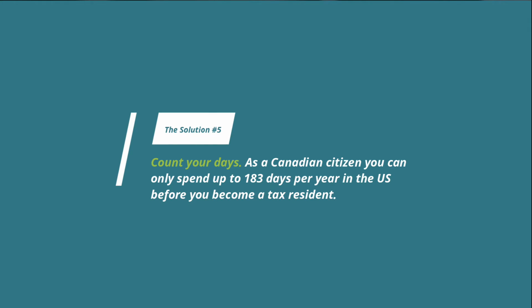Now, as a Canadian citizen, you can actually only spend a certain amount of time, which is actually up to 183 days per year in the US before you become a tax resident. Now, you can actually fall into this category even if you spend less time than that in the US based off of what they call the substantial presence test. So make sure you're aware of the immigration and tax laws of your destination state before you make your final